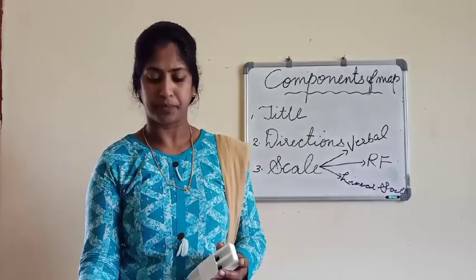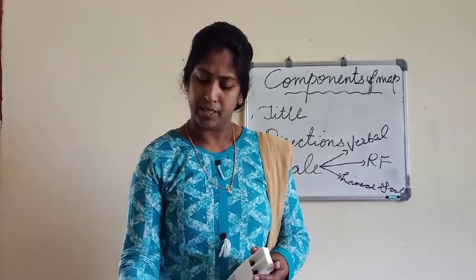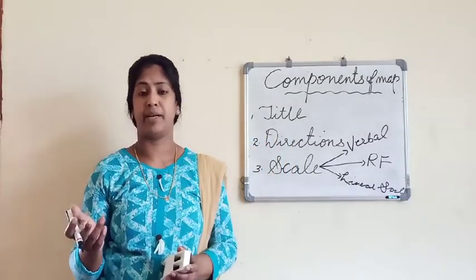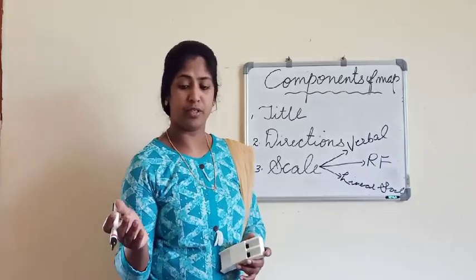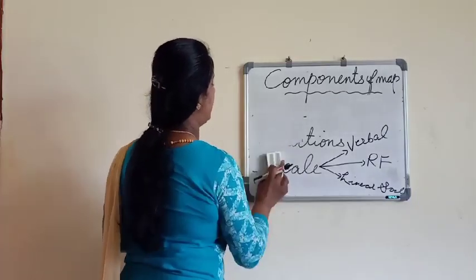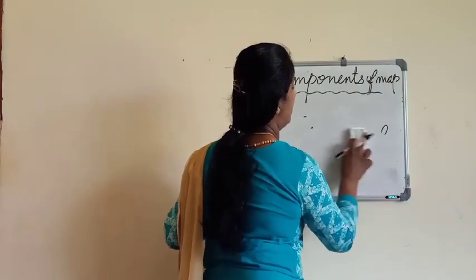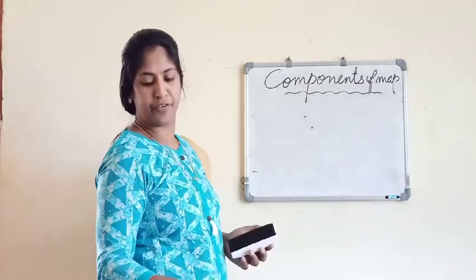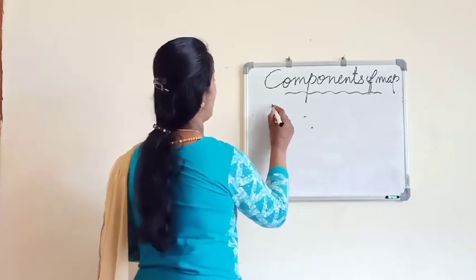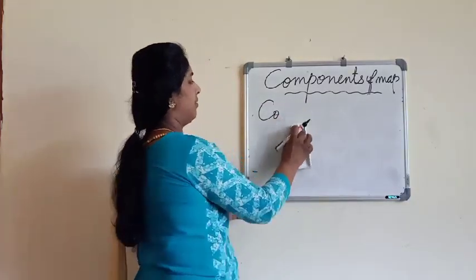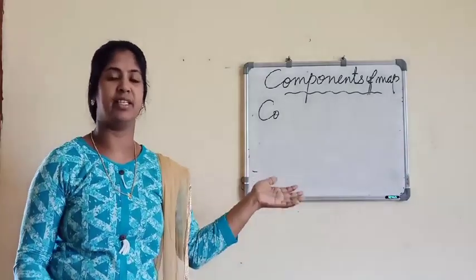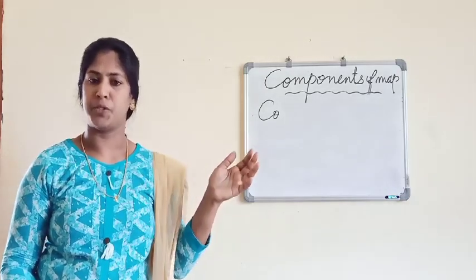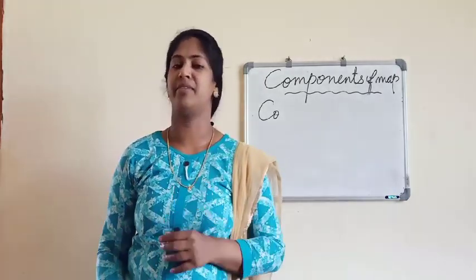After that, let us go further: the significance of map study and the different colors of a map. What is the importance of the colors of a map? Colors in a legend. Different colors are used on a map, as we know, because when you see this wall map, you see blue, yellow, green and brown, different colors. So what is the importance of these colors?